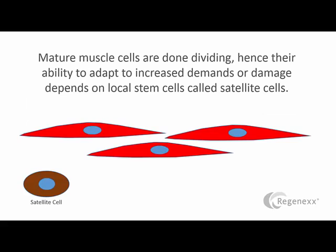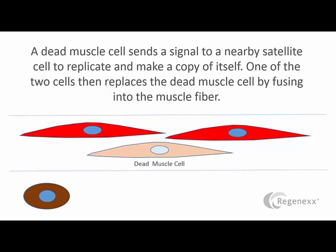Well, mature muscle cells are pretty much done dividing. So they have to be able to adapt in other ways. And if one gets damaged, there has to be a way to replace it. And that's done by the satellite cells. So when there's a dead muscle, it sends out a signal. The satellite cell comes on in and copies itself. It sends one of those copies into the repair area. And then once it's there, it simply differentiates into the type of muscle cell that's needed in that area for